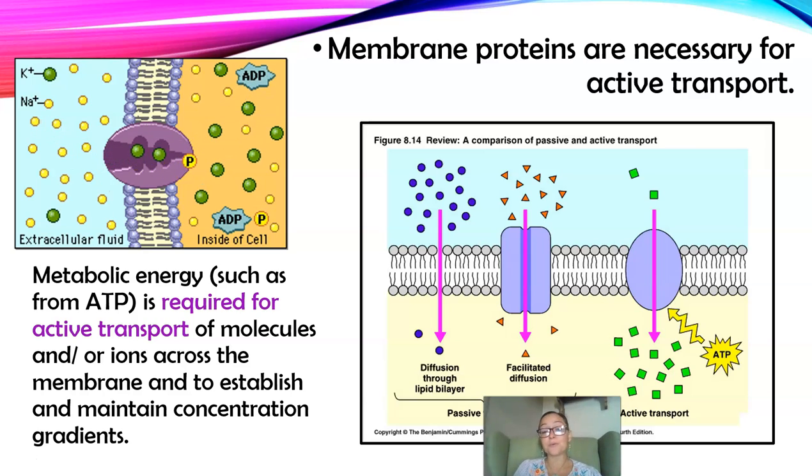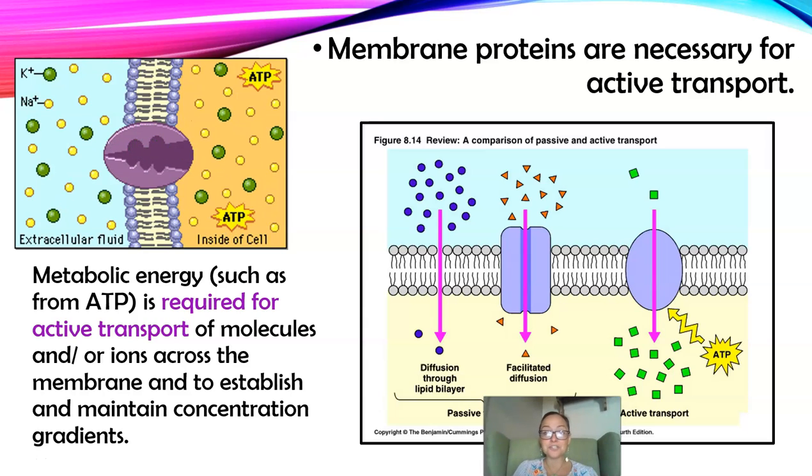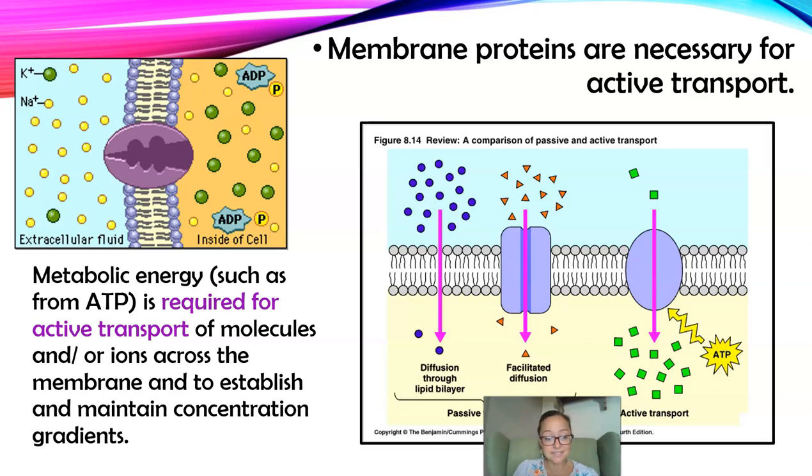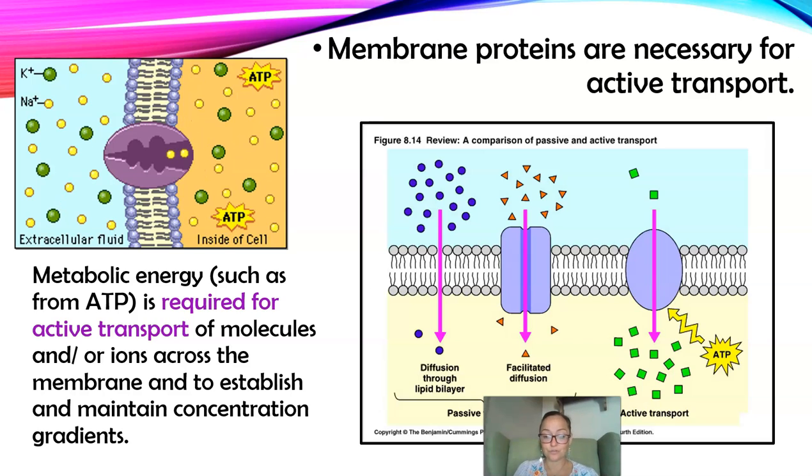Anytime you hear or read the word pump, that implies it requires energy, just like if you were to pump up a raft or a bike tire, that's going to take energy on your part. And in this standard, where it says it is required for active transport of molecules and or ions across the membrane and to establish and maintain concentration gradients, that would be the case especially in our neurons, as well as our